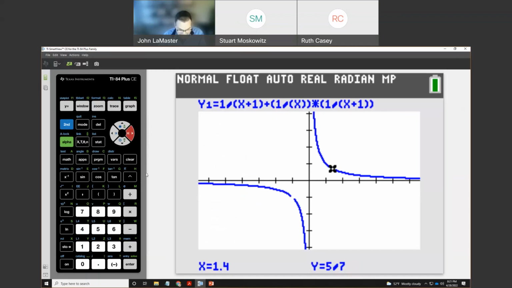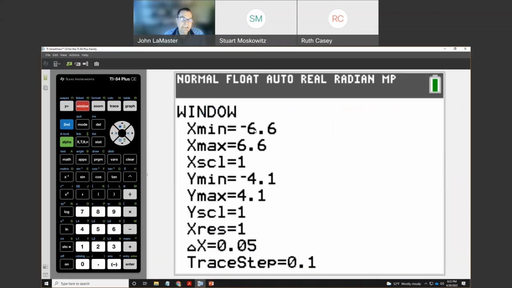What's also neat to see is that you can just at any time trace on any value. I can actually get this to land on -1 because of it being a friendly window, and it'll say, sorry, no value for you. So we got a nice graph with this window, and you can get some kind of idea of what's happening with this by noticing that I went from -6.6 to +6.6, which means that that's 100 and